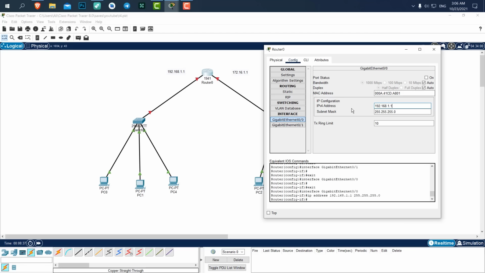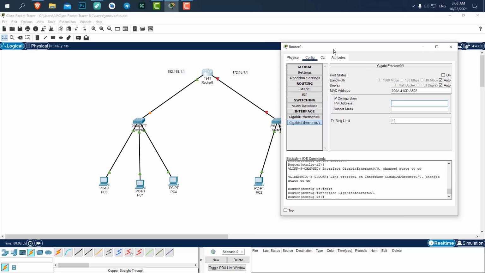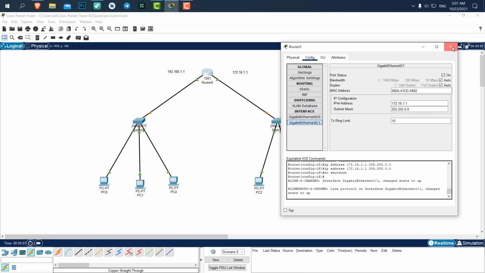And one other thing that we need to do is to set the port status on so they can communicate together. The port status, if it would be off, they cannot communicate, it is turned off basically. So let's set the IP range for this one as well. Okay, and there's one more thing we need to do, one last thing,